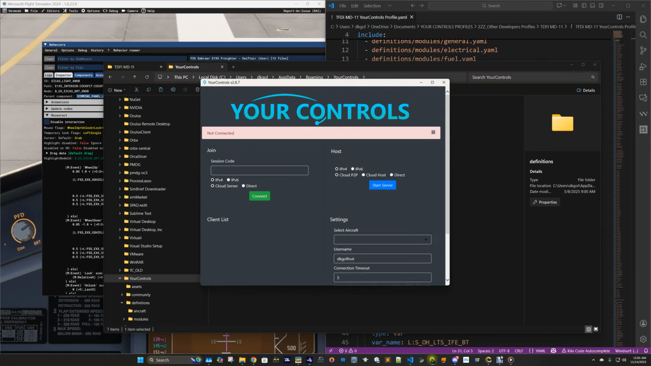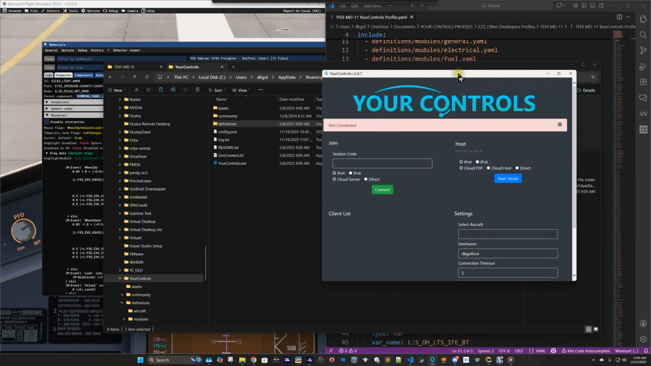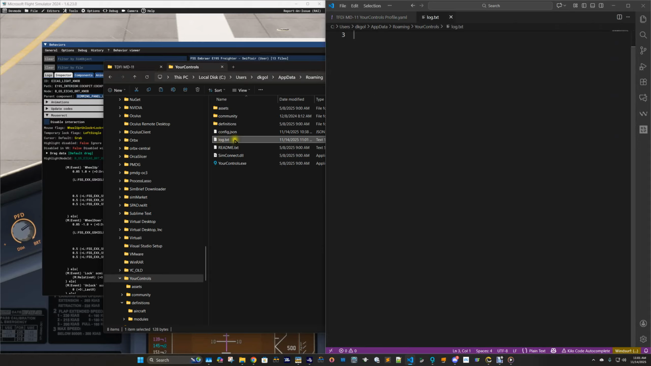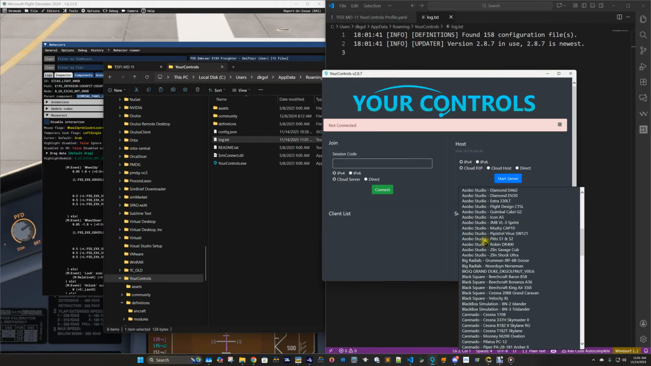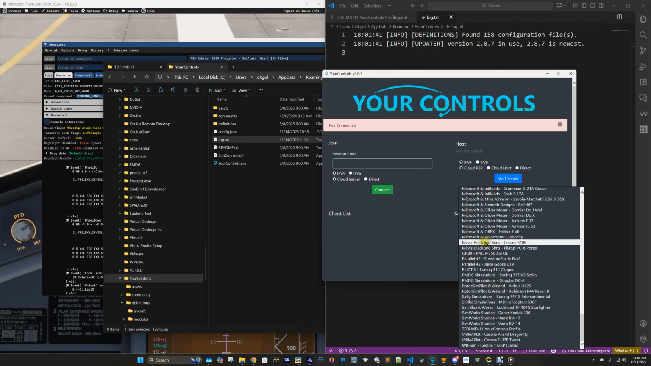Once we start YourControls, it spawns that text file, that log.txt. You'll want to open that, and you notice it's basically empty now, which is good. So let's go back here. Now we're going to select the profile. So once you go down,